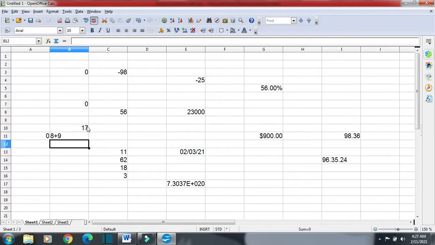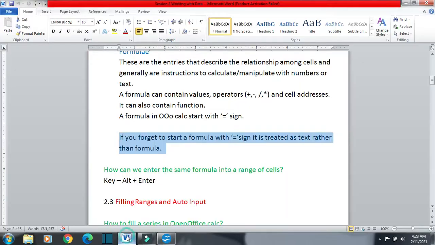You can see it is now left aligned, and text is by default left aligned, because you forgot to use the equal to sign. That is why it is now seen as text. Here also, if you write equal to A1 plus B1, it is a formula. But if you forget the equal to sign and write A1 plus B1, it will be seen as text. You can see it is left aligned, so it is text.